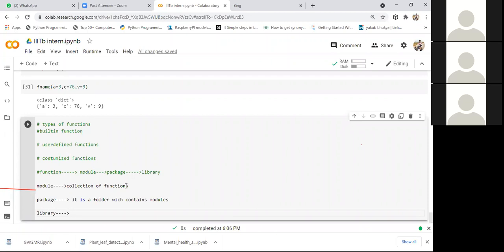So library is nothing but a collection of modules or packages for a specific application. This terminology should be very important to you; you need to understand these terms at least. A collection of modules or packages for a specific application, where we club modules and packages, is said as library. That is the definition for library.